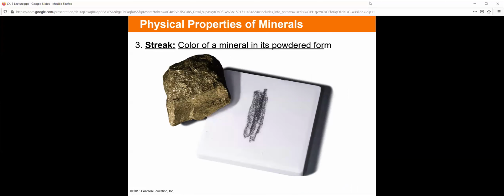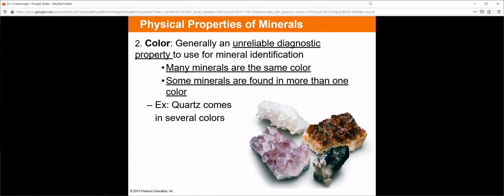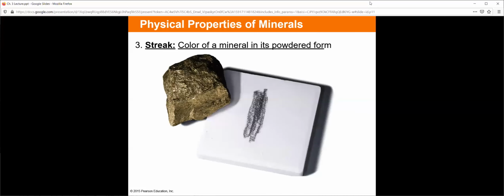Streak. Streak's a fun one, commonly used with pyrite. Streak is what color a mineral looks like when you crumble it down, when you powder it, as opposed to color, which is the color when you hold it in your hands. If you scratch it, the color may change. Again, pyrite is an example of this. Pyrite is fool's gold, right? Pyrite looks like gold, but if you crumble it, it crumbles black. It loses that gold color when it powders. We use things called streak plates, which are just ceramic plates that we rub rocks on to find their streak color. So some minerals have a unique streak from their color, some minerals do not.